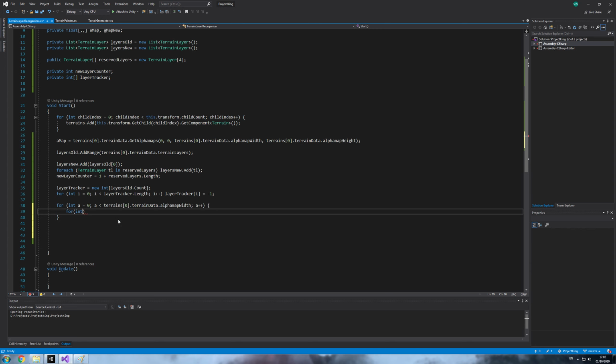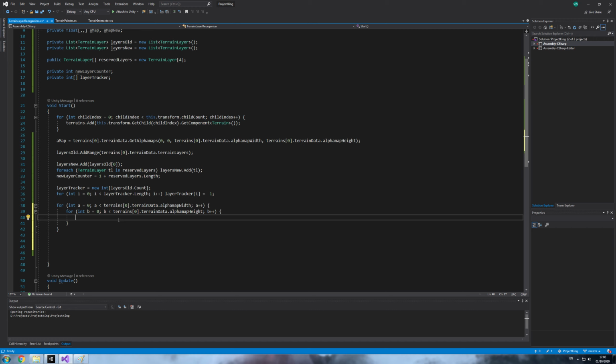We're going to do int b is equal 0 as long as b is less than terrains, lowercase t, terrain data dot alpha map height, b plus plus, and then we loop for each